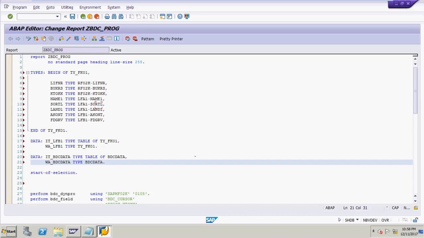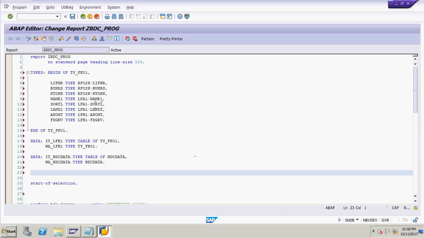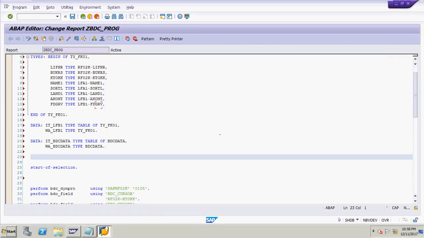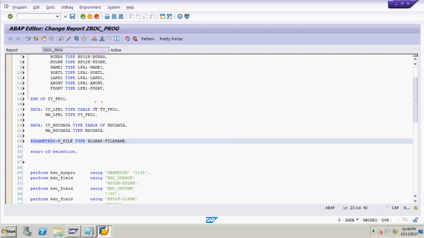That's fine. Now create the PARAMETERS keyword to accept the value. This is the parameter keyword, and give the variable name p_file.